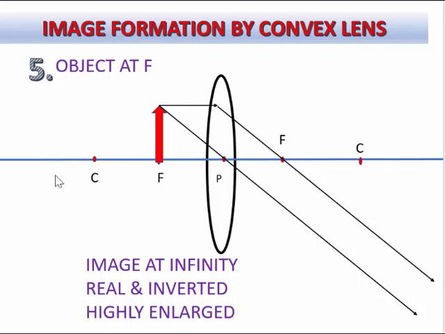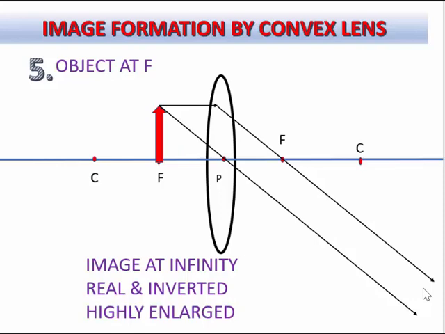When we place the object at focus, the first light ray goes parallel to the principal axis as in the previous case, and because now it is traveling parallel to the principal axis, after reflection it will pass through the focus. The second light ray, as in all the cases, will have to pass through the optical center. So these two light rays, if we stand here and try to watch these two rays, do they appear to be meeting? No. These two light rays appear to be going parallel to each other, but they are not exactly parallel. They are almost near parallel to each other.